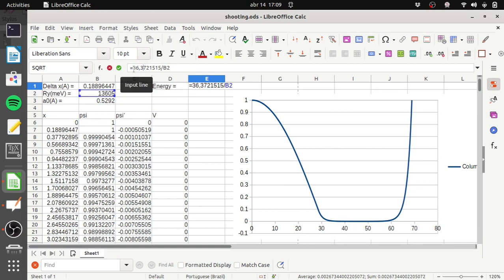In principle, I could just increase this number all the way up, but I already know that as this is a quantum well, if this is n equal to 1, the next even solution has to be 9 times this one. Now I have to look for the one that is n equal to 3, that gives me an energy that is 9 times larger than the one of the ground state. So let's make an educated guess here that is more or less like 9 times 36. So that would give me something like, let's start with,